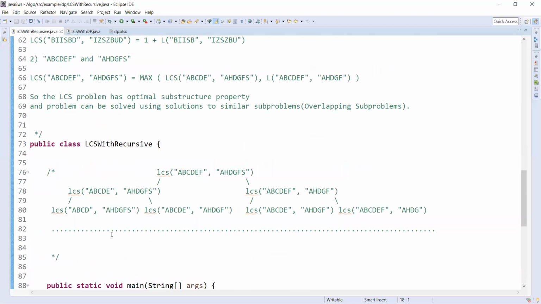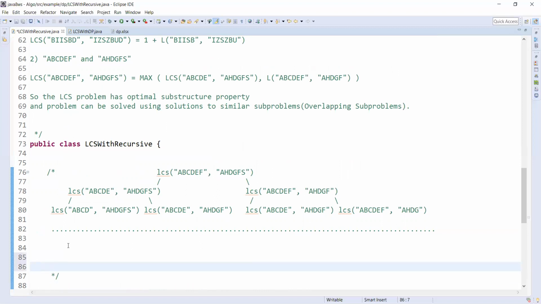If you go to the leaves of this recursion tree, what we need to calculate there is LCS of A from the first sequence and A from the second, and likewise LCS of A and H from the second sequence.